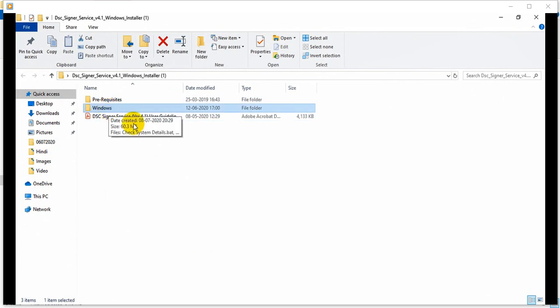Before that, let me tell you that we saw digital signing services for Windows, Mac and Ubuntu. The question is whether we need to do this process every time we start our computers. It is not like that. We need to do this only once in our computers. That is a one time installation. We need to install this service only once, and later it will work for us.